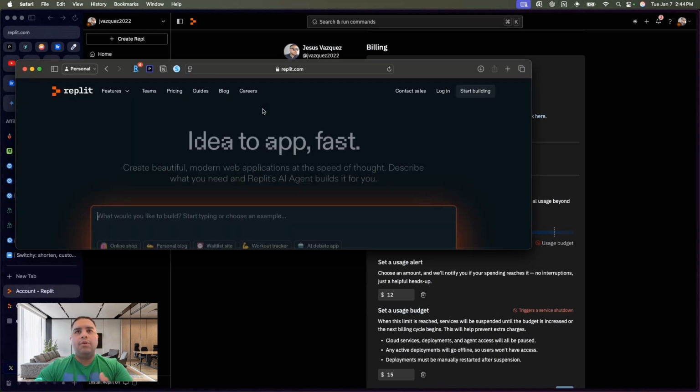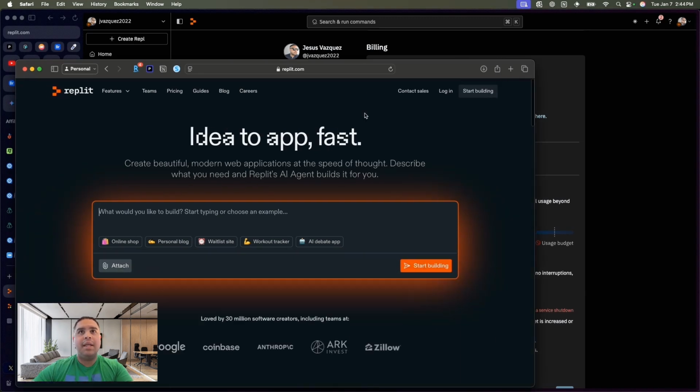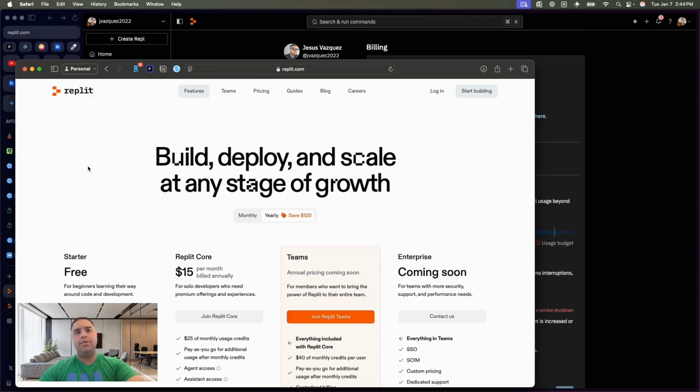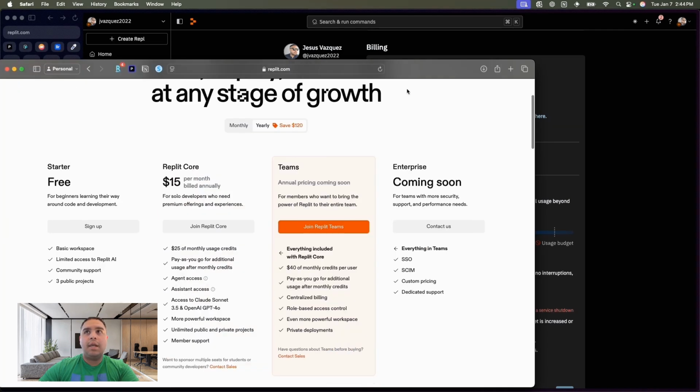You can use those for hosting. You can use those for the database, because the database is integrated within Replit, so you don't have to pay Supabase additionally. You can use it for basically anything that they offer,